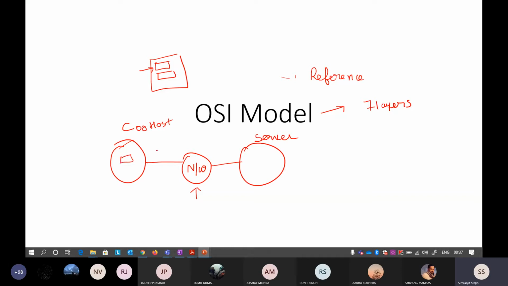If the user is aware of those complexities, the user experience becomes a little bit worse. That is why, when you do a communication, it seems like the client and server are in the same network, because the response is very instantaneous.